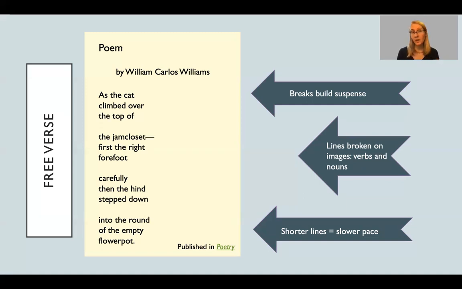William Carlos Williams could have decided to put "of" on the next line, but I'm suspicious he didn't, because that would have made the jam closet stick out really far and might have been visually distracting to suddenly have the jam closet out another four or five spaces. So he probably wrestled with it. And that is a moment of suspense. The top of, we're thinking of what, right? What comes next? And so that might be a reason to break on not a noun or verb or descriptive word.